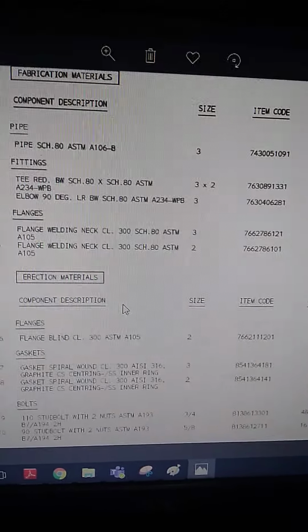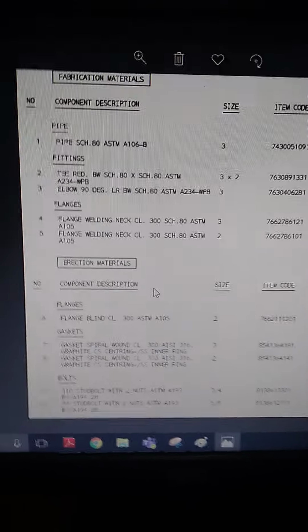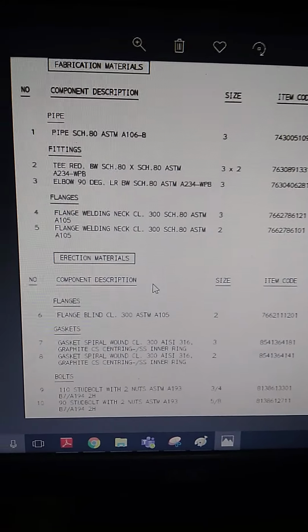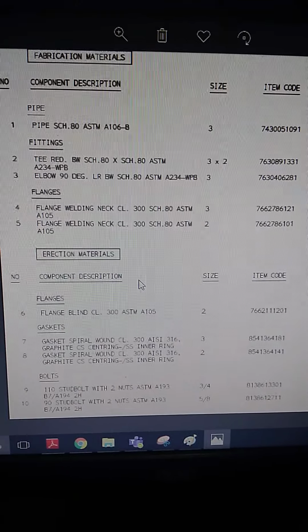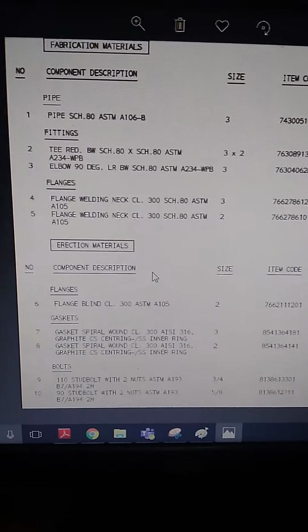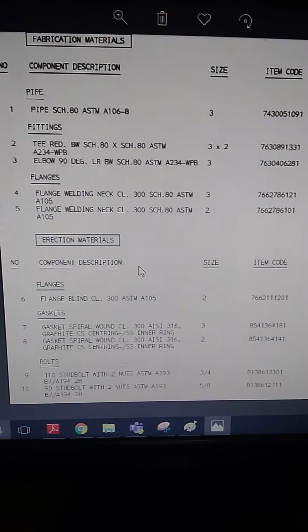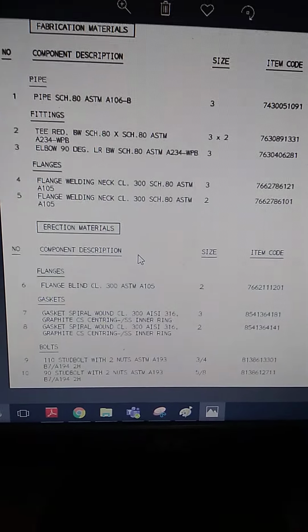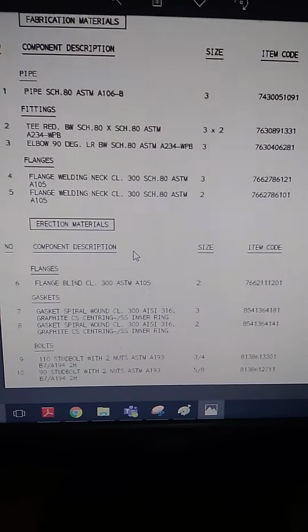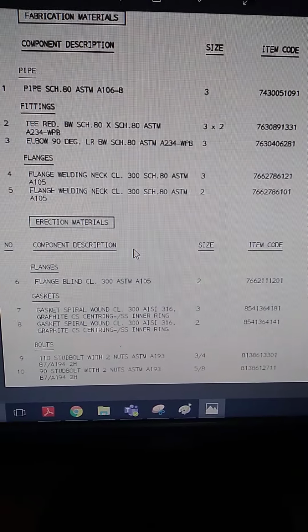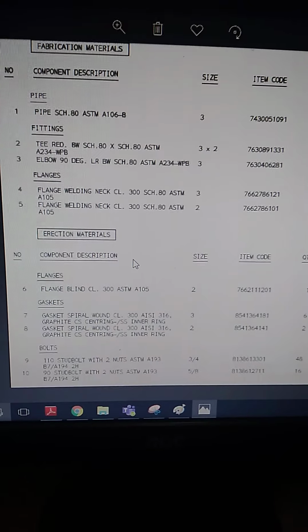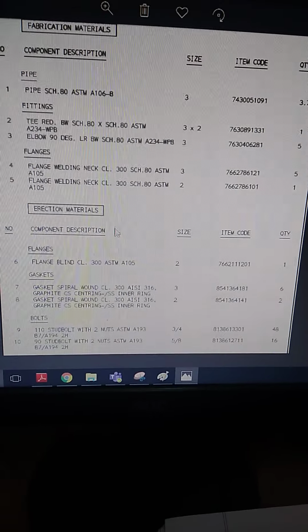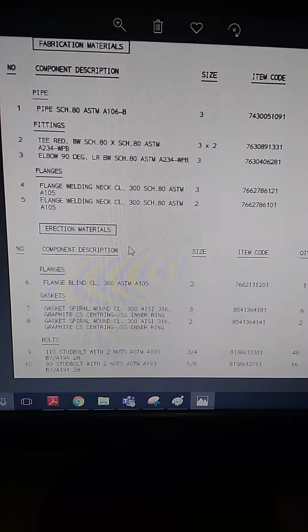First of all, you just have to get the idea that the BOM comes with the isometric. When you extract the isometric of whatever line you have, you automatically get the BOM also. It depends upon how many products are in your line. If you have a tee or a valve in the line you are extracting, every product comes over here. It is displayed and gives you all the material that is in the line.